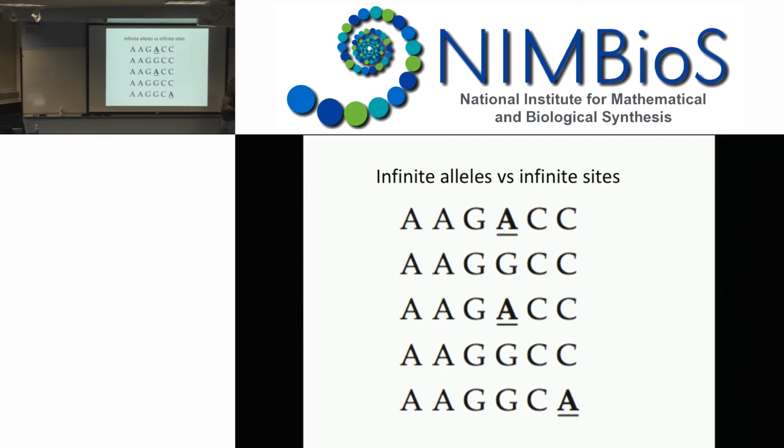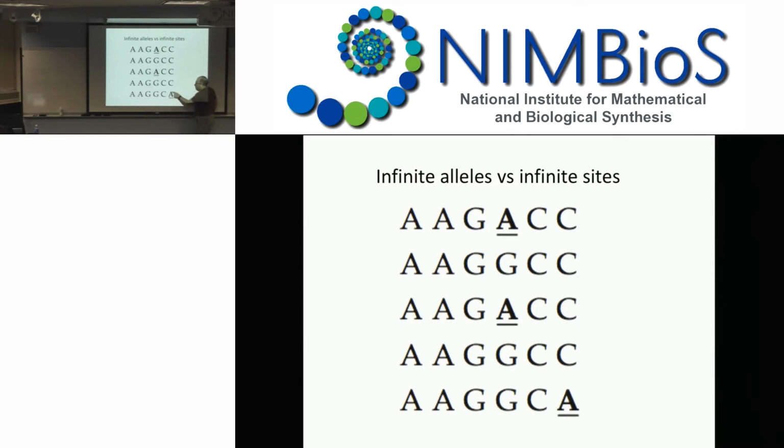Assumption number 1, we don't have any recombination in our sample, so new variation is generated not by recombination, but simply by mutation. So if my DNA sequence is small enough in your sample, it's not a big deal. Number 2, the infinite alleles assumption is each mutation generates a new allele. Even in a sequence this small, the odds of a single mutation back mutating,